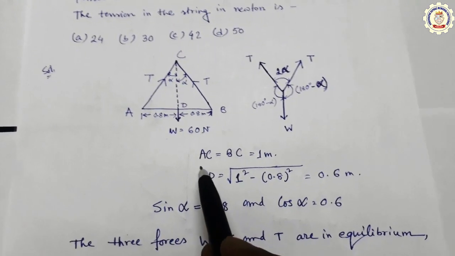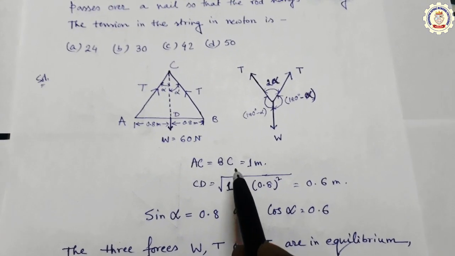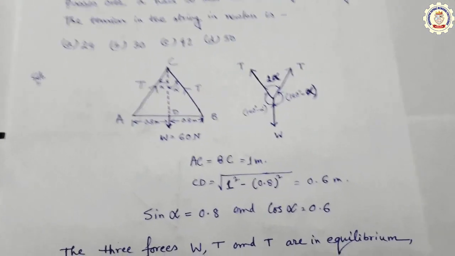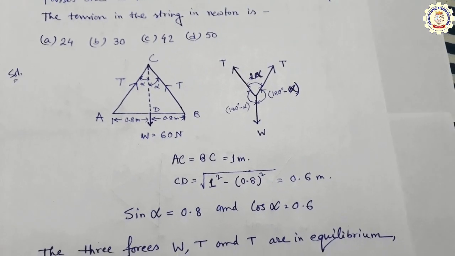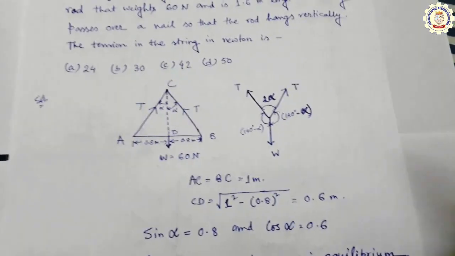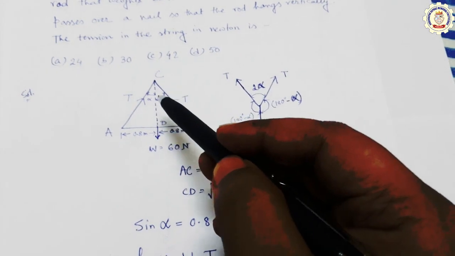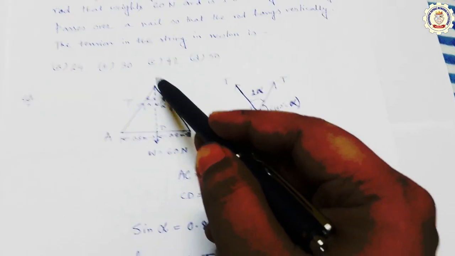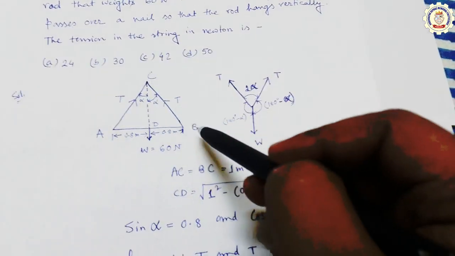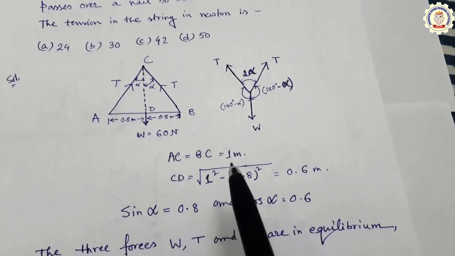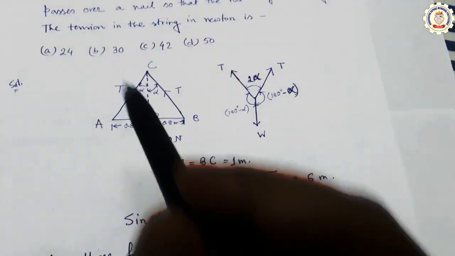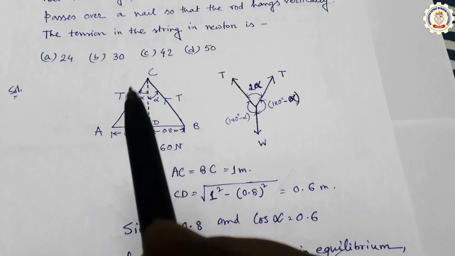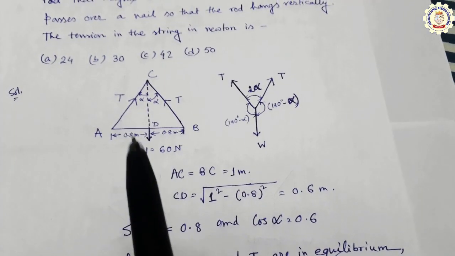From this free body diagram, we can write that AC equal to BC equal to 1 meter, because the total length of the string is 2 meter. This is AC and this is BC, 1 and 1. So AC equal to BC equal to 1 meter. So from the ADC triangle or from the BDC triangle,